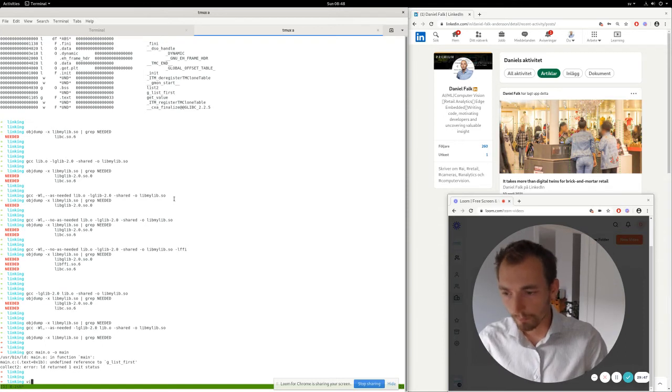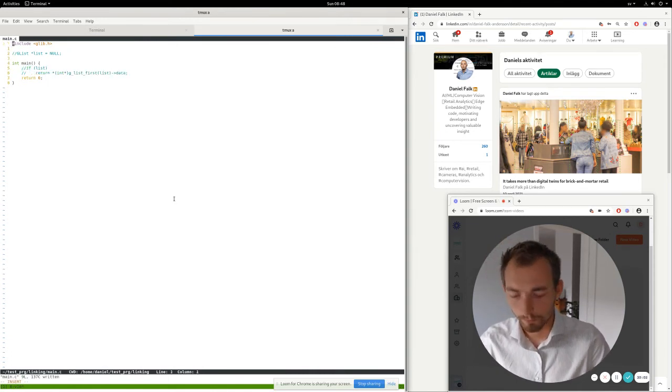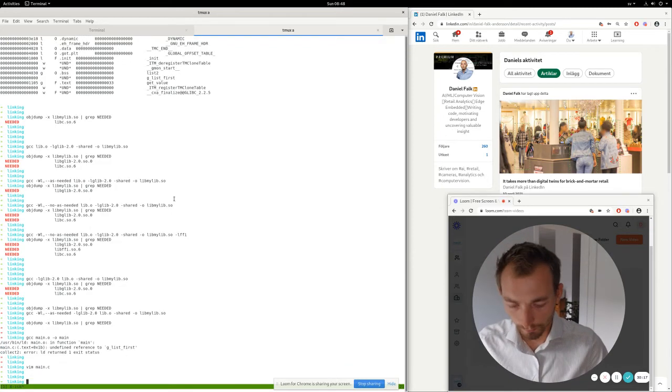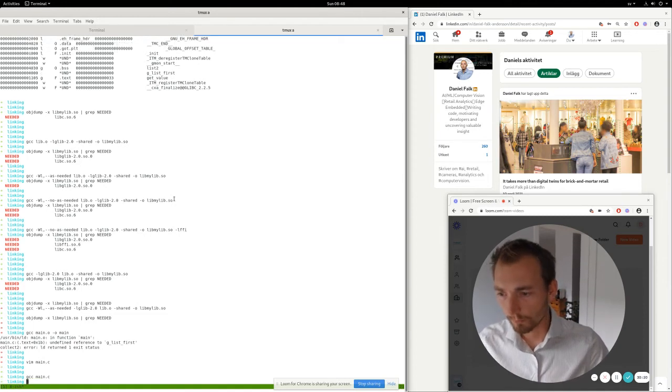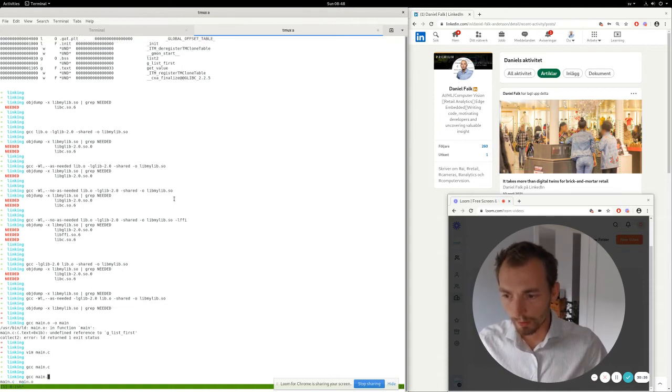Actually, what we will do is to modify this again. Now we have the simplest of all possible main applications. Just a main function returning 0. Compile this to a main.o file. And then we link this main.o file to